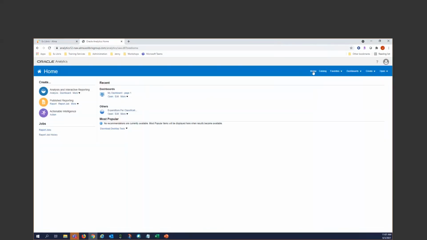items. Home just brings us to Oracle Analytics Home, this home page. Catalog is where we're going to be spending a lot of time. That'll show us the architecture of our own reports and also reports available from the community as well. We're going to spend a lot of time in there. If I click on catalog,